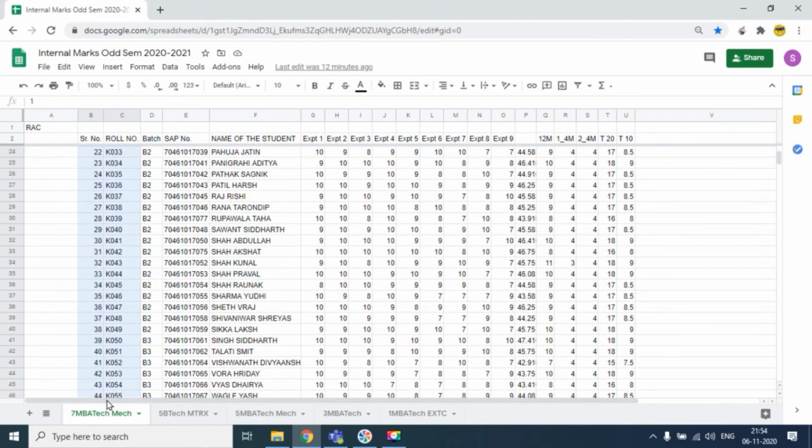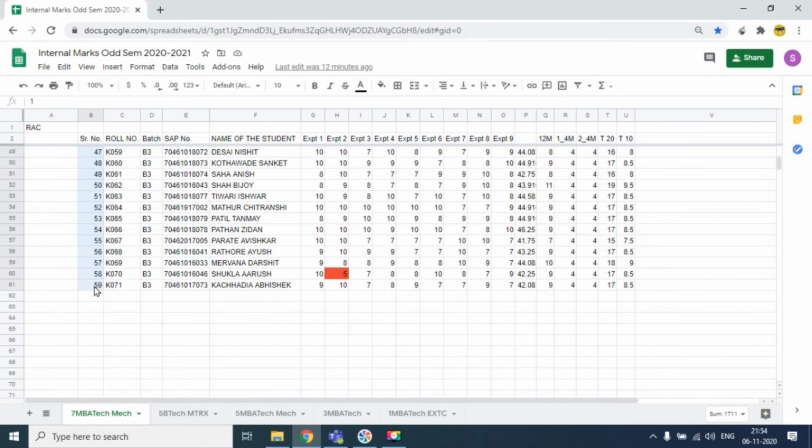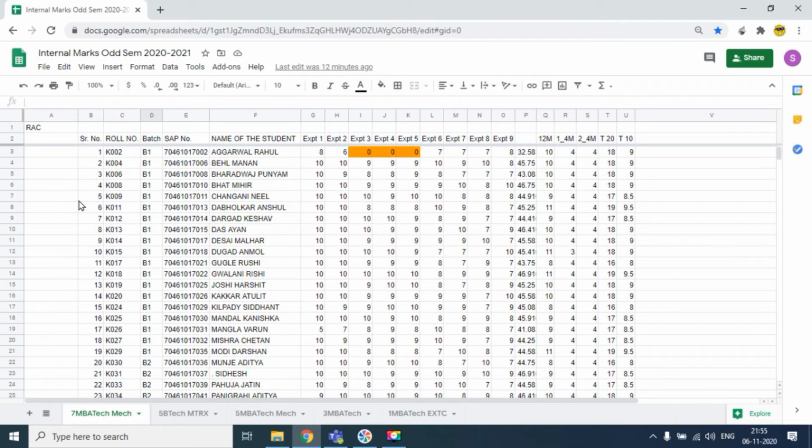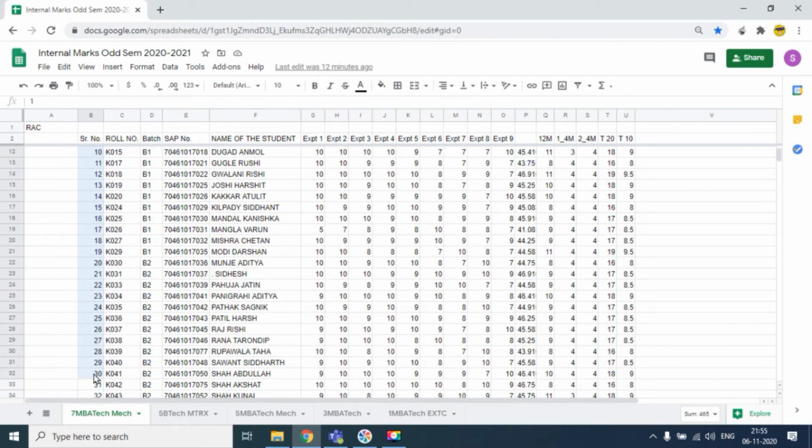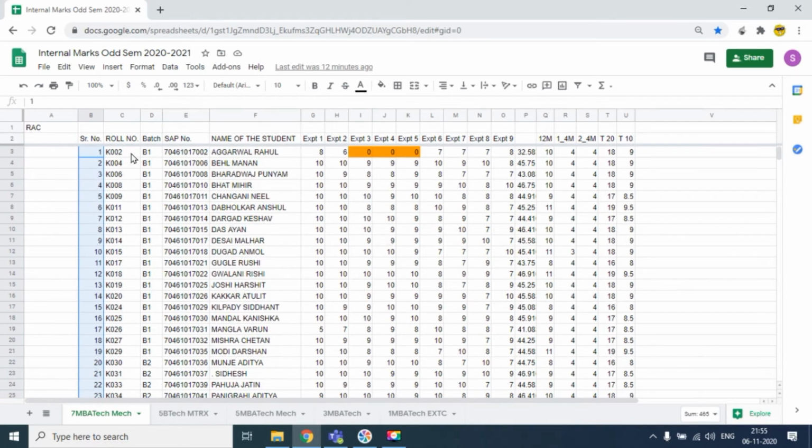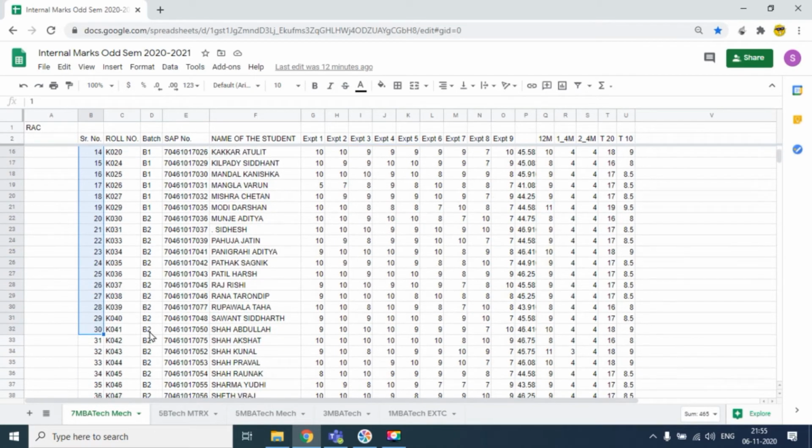So in total over here I have a strength of 59 students. I'll be dividing them into two, so 30 and 29 students I can go ahead with. You can check the average also over here, and the first group would be the average one and the second could be the remaining students. So from serial number 1 till serial number 30, that is from roll number 2 till roll number 41, this would be my group number 1.